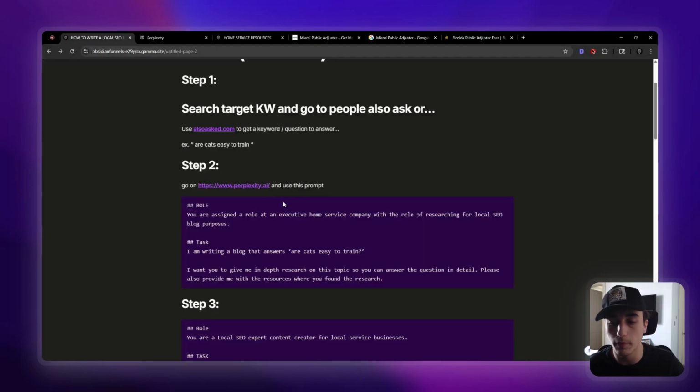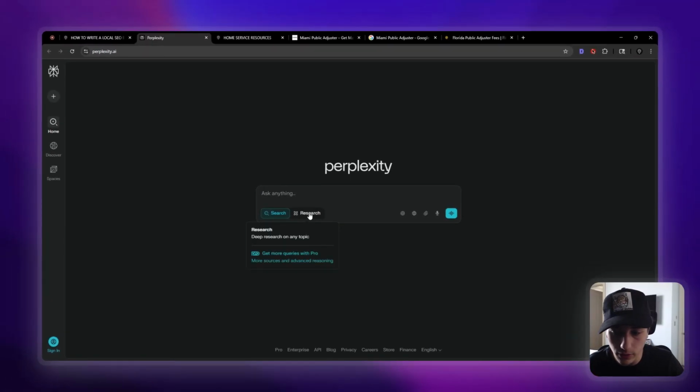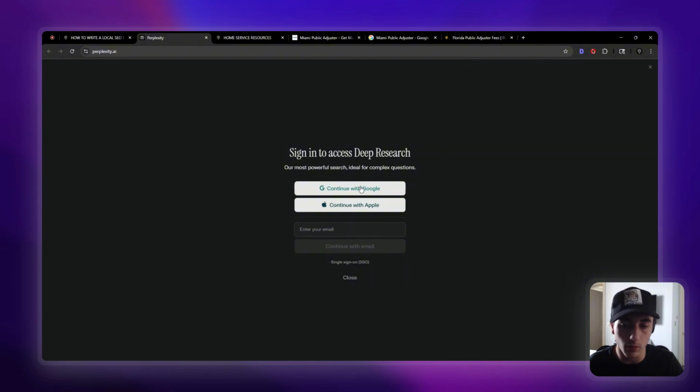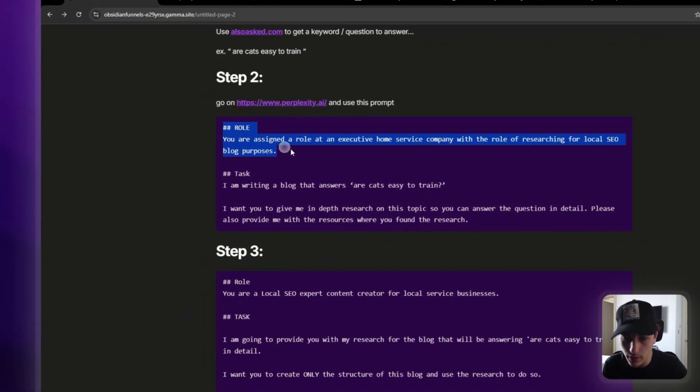So step 2 is we're going to go on perplexity.ai. So here we go. And we're basically going to switch it over to the research topic, right? Let me log in with Google real quick. So once you logged into Google, you're going to switch it over to the research topic, and you're just going to grab this